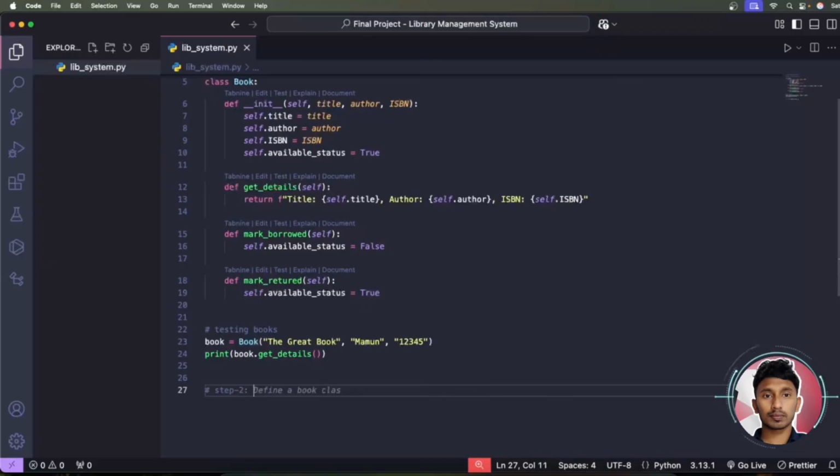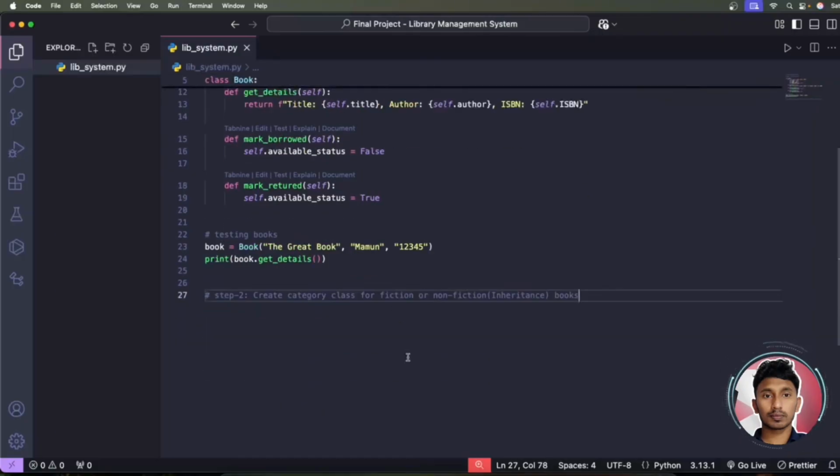We will just define create category classes for fiction or non-fiction. Okay, so here we'll use inheritance